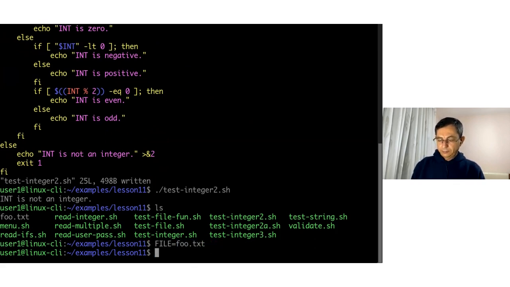Now we check whether file is equal or matches foo dot star. Then